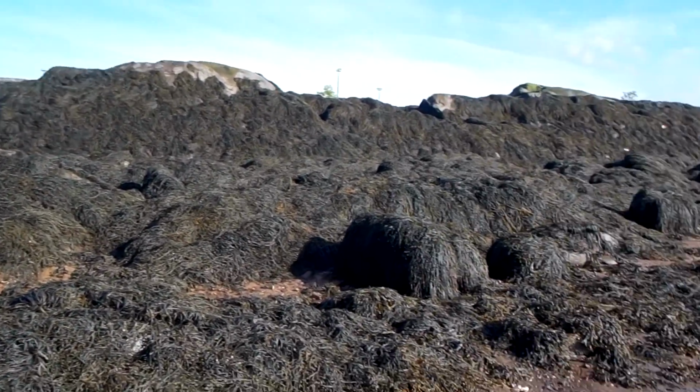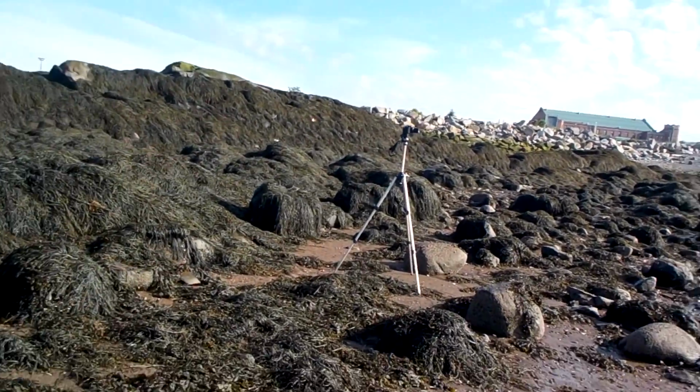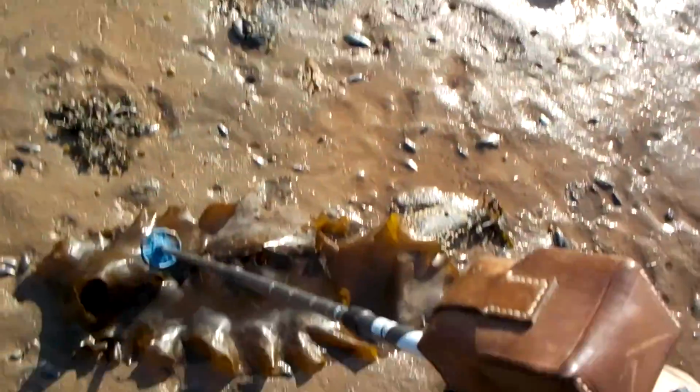pieces of pipe stem, and whatever else might interest you, I guess. For me, of course, it's the fossils. And here is a nice example